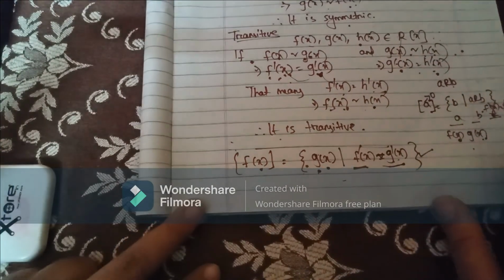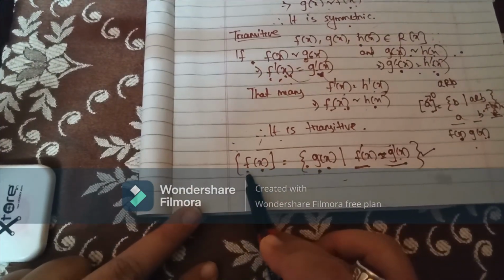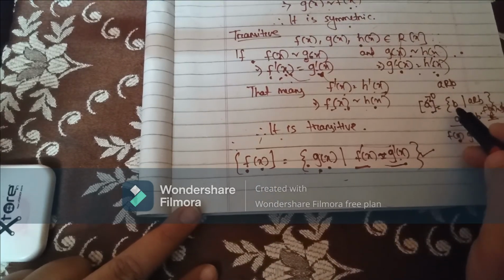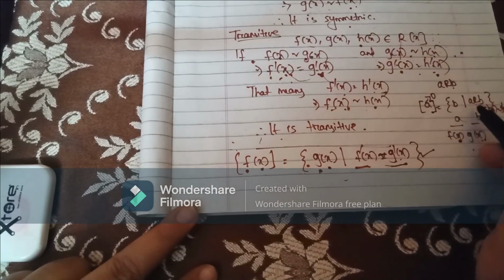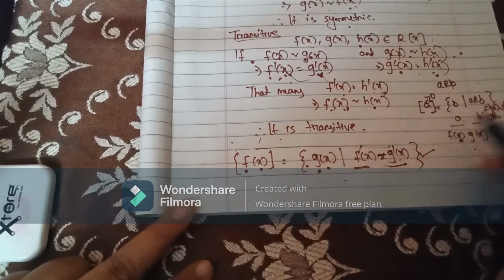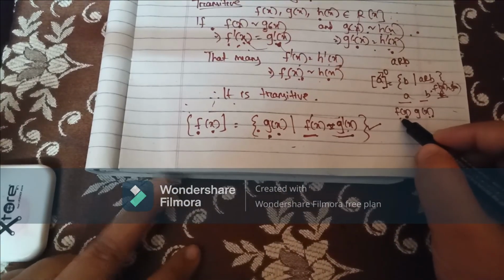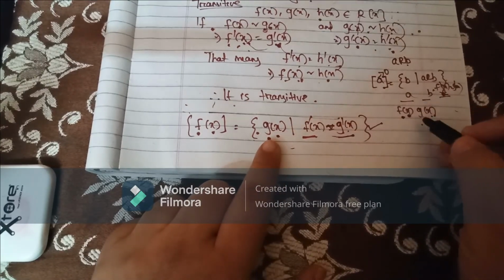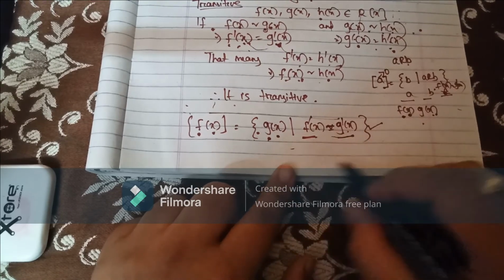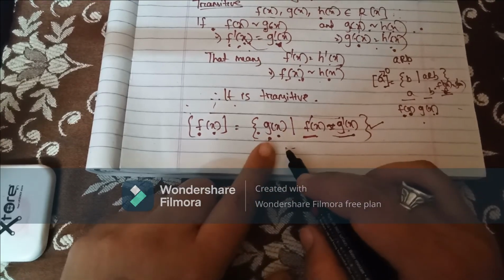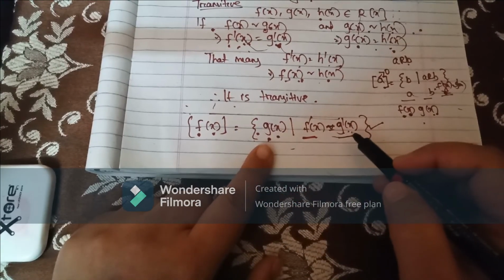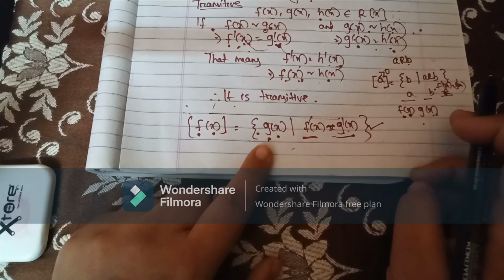Now the question is asking us to find the equivalence class of f(x). Remember, whenever we are finding the equivalence class of A, it contains the set of all the elements B such that A is related to B, so we have to fix a value for A. Here the value of A is f(x). So we have to find all the possible values for B such that f'(x) is equal to g'(x). Here no numbers have been given, so we will say that this equivalence class contains all the g(x) for which the derivative of g(x) is equal to the derivative of f(x).